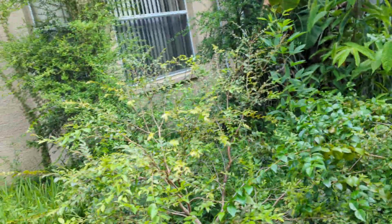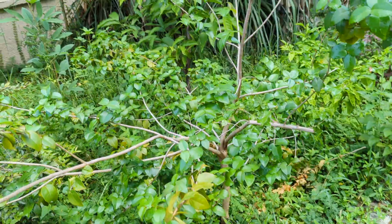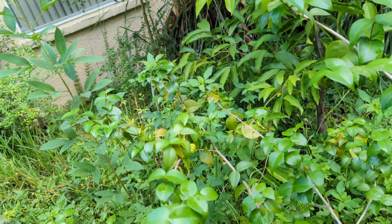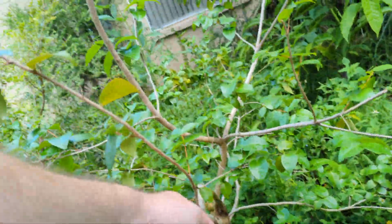Been getting a lot of figs off the fig tree too. Jaboticaba over here is doing good, the Sabra. I need to go in there and check and see if there's finger limes because that thing flowered really heavily. We have a rogue fruit on the Suriname cherry back there. See if you can see it kind of in the center of the screen there. I pruned this thing back because it was in the path. I'm trying to at least keep this a little clear. It didn't seem to really mind having that thing hacked off, but